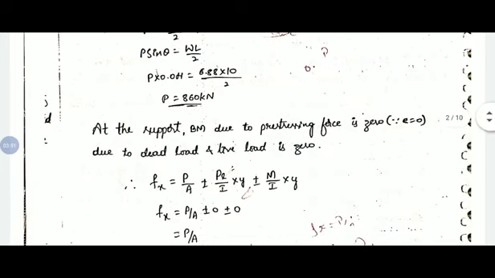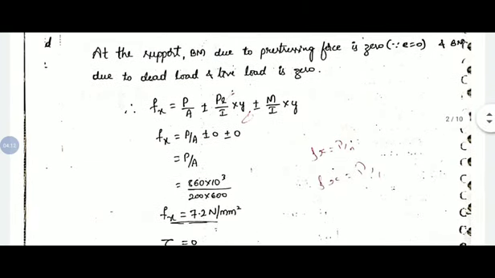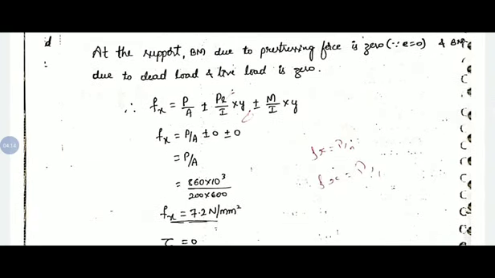So in this equation, fx equals P by A plus or minus PE by I into y plus or minus M by I into y. Here, since eccentricity is 0, the PE term becomes 0, so that entire term goes to 0, and the moment due to dead load and live load will be 0 at support, so M by I will also be 0. So we remain with only P by A. The P value we have calculated is 860 kilonewton, and the area of section is known. On simplifying we will get